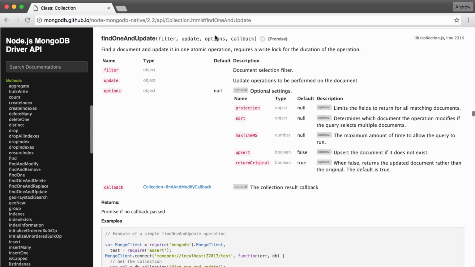Then we have some options which are defined below. We'll use just one of them, and we have our callback. We're going to leave off the callback as we've been doing so far in favor of promises. As you can see down below, it returns a promise if no callback is passed in, and that's exactly what we expect. Let's go ahead and start filling out the appropriate arguments for findOneAndUpdate, kicking things off